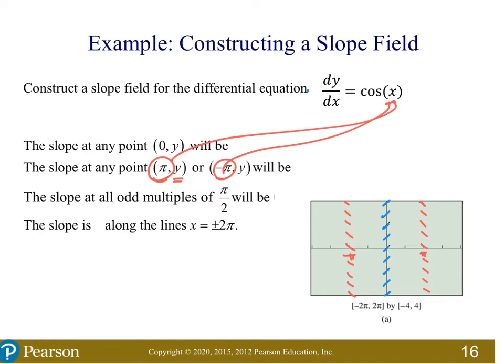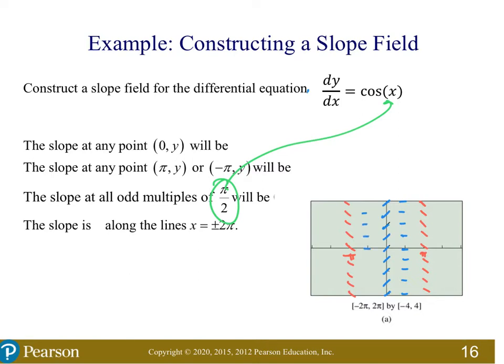How about pi halves? If we plug pi halves into cosine, we're always going to get the value 0. Regardless of what the y value is, the x value of pi halves will give me a slope of 0. So at pi halves, all of these little linearization pieces will have a horizontal tangent. In fact, so will negative pi halves,